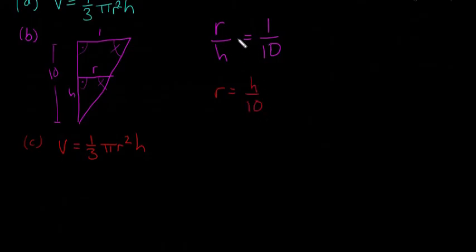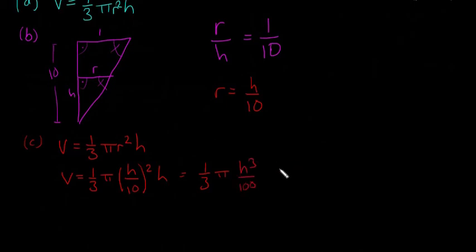So I got this from up here, I just multiplied both sides by H, and we get R is equal to H over 10. So I'm going to sub this into this formula here. We're going to get V is equal to 1 over 3 pi (H over 10) squared multiplied by H. Remember, R is equal to H over 10, so we're just subbing H over 10 into R. So that's going to give us 1 over 3 pi H cubed over 100, which altogether is going to give us